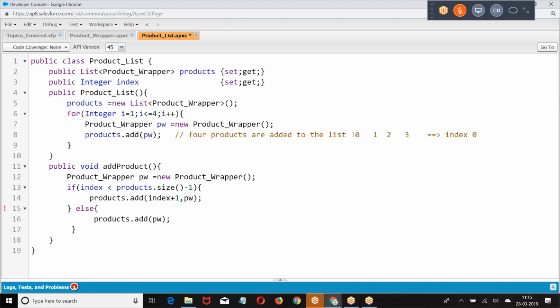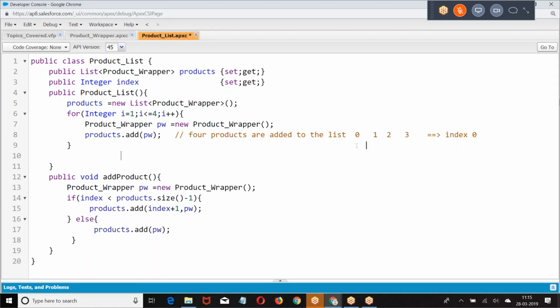Index is 0, and 0 is less than 3, so add the new element at the next index. Now if I click on 3, 3 less than 3, condition is false. Then come to else.